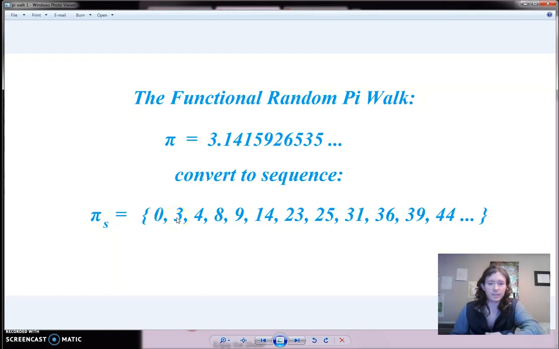there's 3 digits between 0 and 3. There's 1 digit between 3 and 4. There's 4 between 4 and 8, etc. So you just convert, in this way, we can convert any string of numbers. Again, it doesn't have to be pi, but that's the example that we're using. And through the discrete linear difference function, which is in my video, Kurzweil's Blunder,